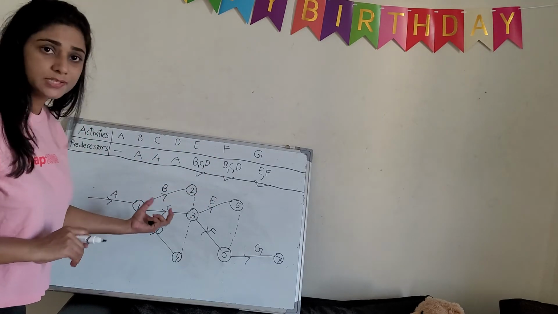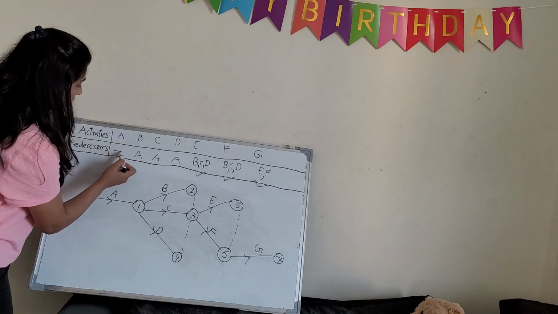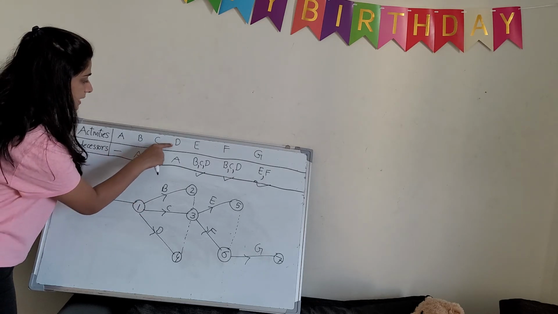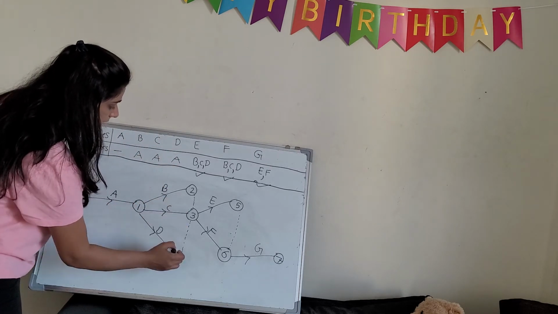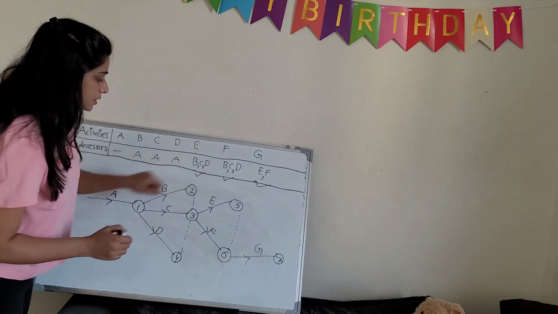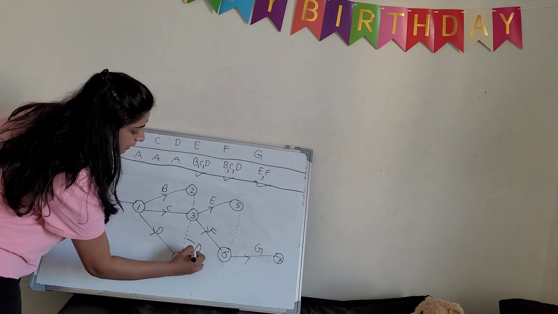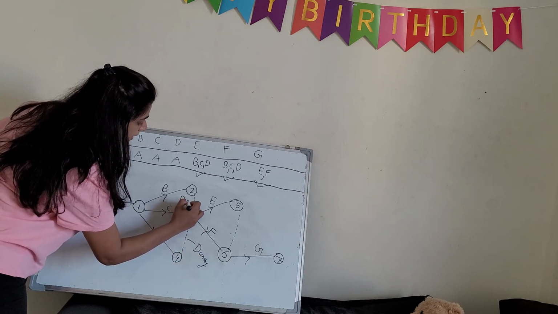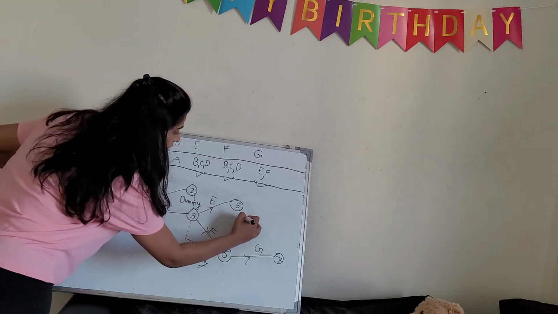So I hope you guys understood. And one more time I am revising. See, there is no predecessor for activity A. So A is the first activity, and B, C, D activities will start after the completion of A only. Next, E and F activities are starting after completion of B, C, D. So how will we do it? We will connect these activities like this, and these are called dummy activities. Dummy. And this is also dummy. So here are 3 dummies in our network.